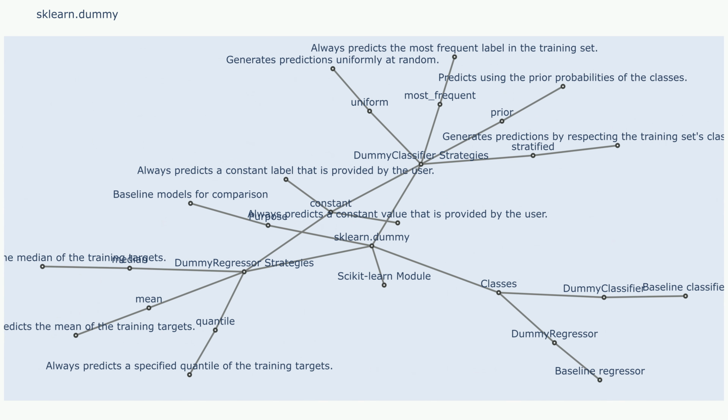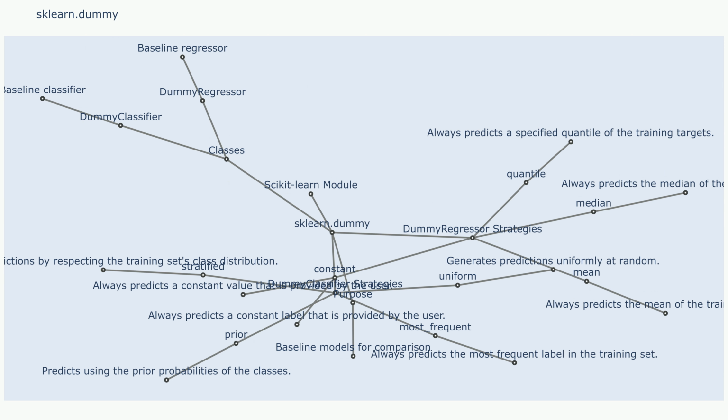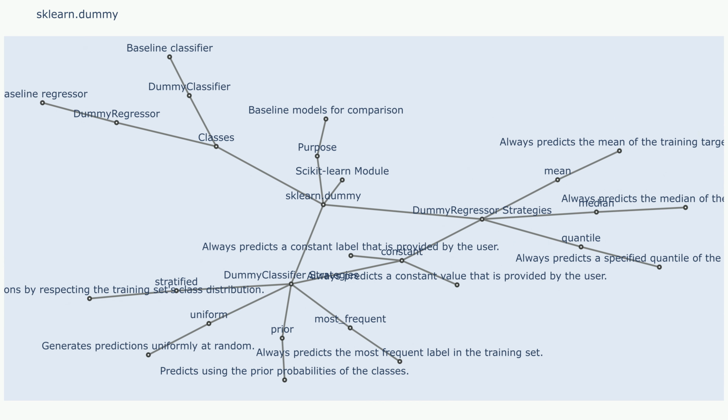You can use standard evaluation metrics like accuracy, precision, recall, F1 score, or mean squared error (MSE) to assess the performance of your dummy estimator and compare it to your actual model. 5. Example usage. Python. from sklearn.dummy import DummyClassifier from sklearn.datasets import load_iris from sklearn.model_selection import train_test_split from sklearn.metrics import accuracy_score